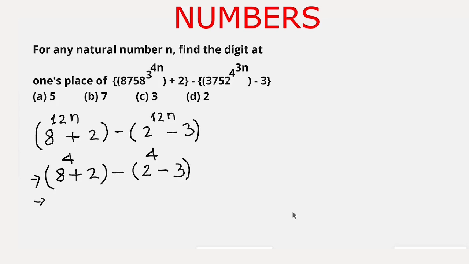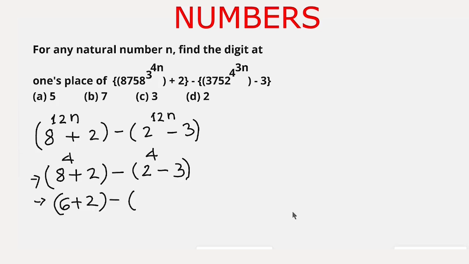This gives 8 to the power 4 can be written as 8 to the power 2 multiplied by 8 to the power 2, and 8 to the power 2 is 64, so we can write it as 64 multiplied by 64, and we multiply the ones place digit of both 64, and that digit is 4. 4 times 4 is 16, and ones place of 16 is 6. This way we can easily find the ones place digit of 8 to the power 4,